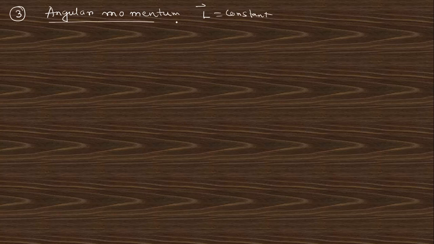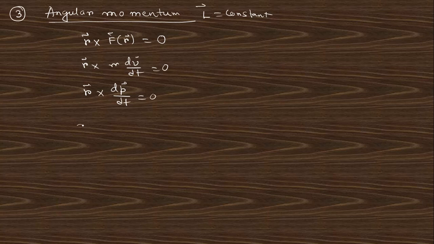So r cross the central force will be 0, and this can be written as m dv/dt equals 0, or dp/dt equals 0. So this is d/dt of r cross p equals 0, because this has two terms: dr/dt cross p plus